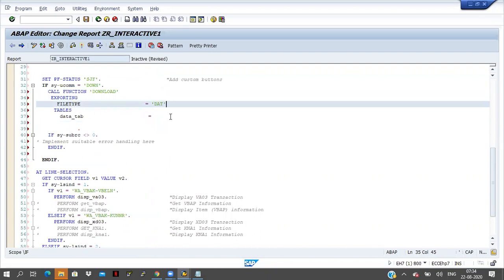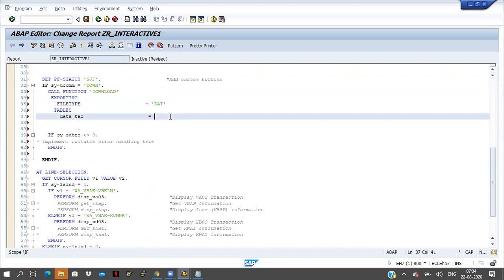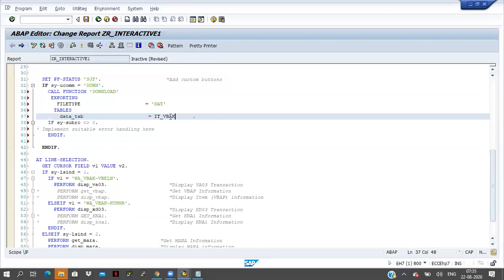Now which table you want to download here? Which data you want to download? I want to download ITBBAK. Okay, ITBBAK.